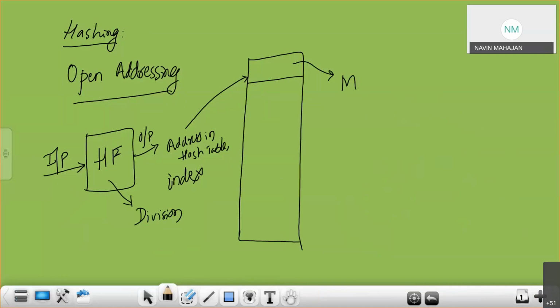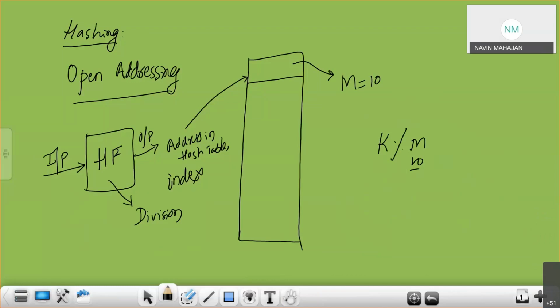The simplest division method operation is, suppose my hash table size m equals 10, we take the input k mod m, in our case 10.